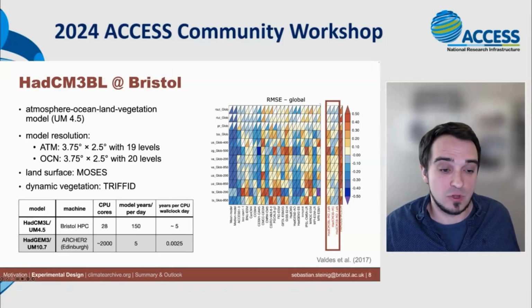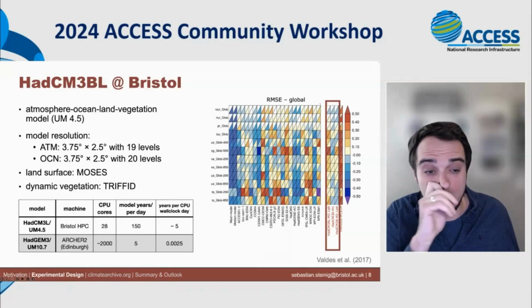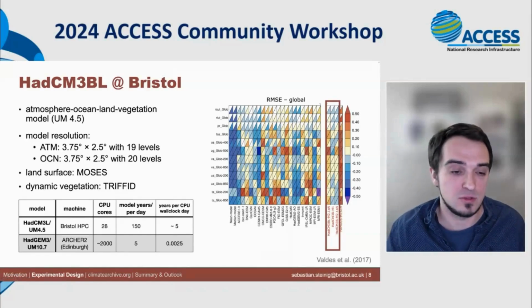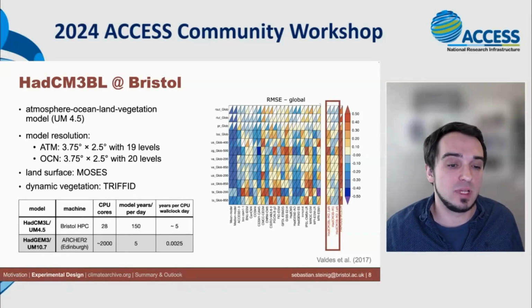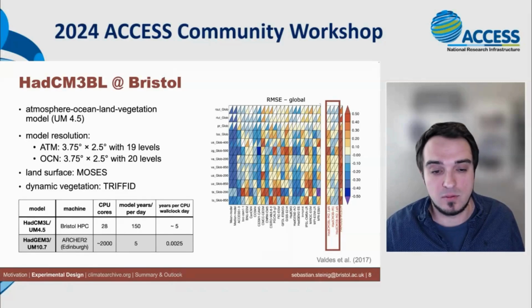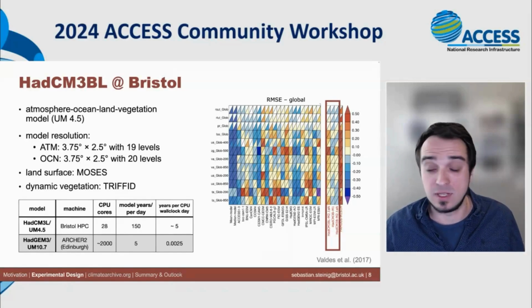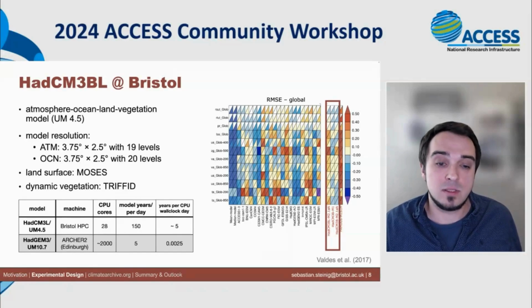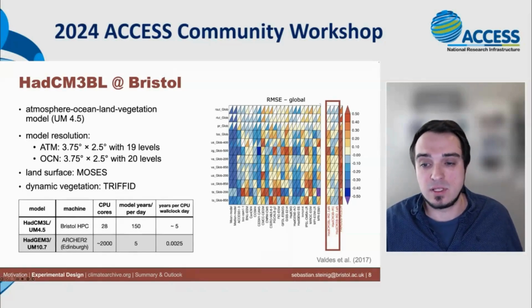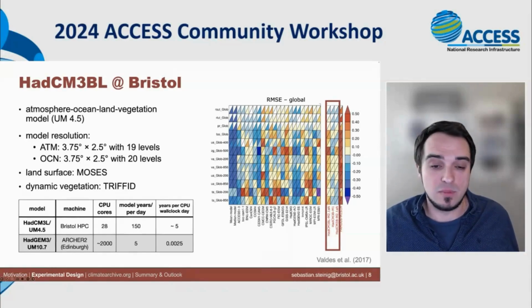For a typical simulation, we need to throw probably at least 2,000 cores at it, and then we only get 5 model years back per wall clock day. So this is a factor of 1,000 or 2,000 difference in computational cost, which is obviously quite significant. But like I said, the mean state climate, at least compared to CMIP5 models, is very, very good in this model,